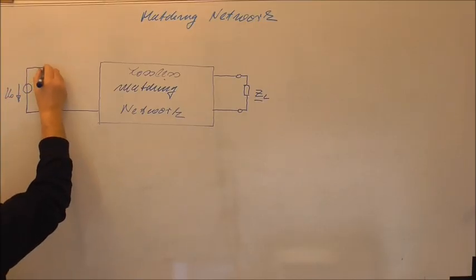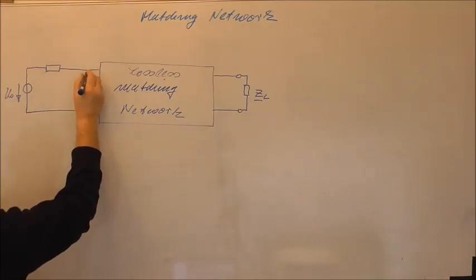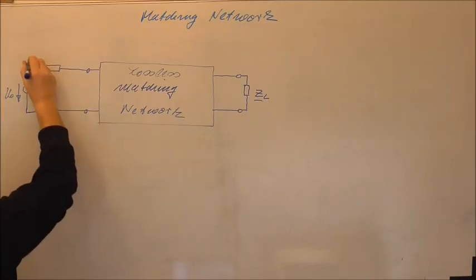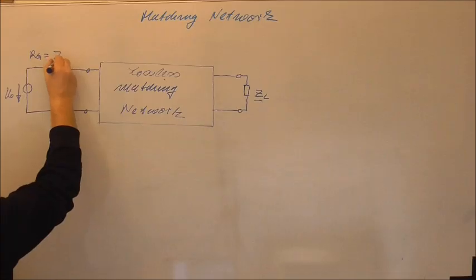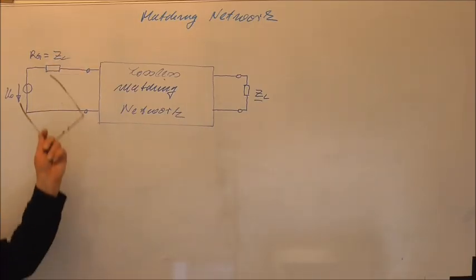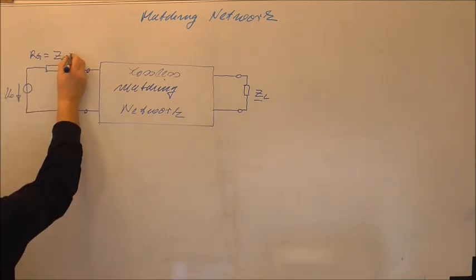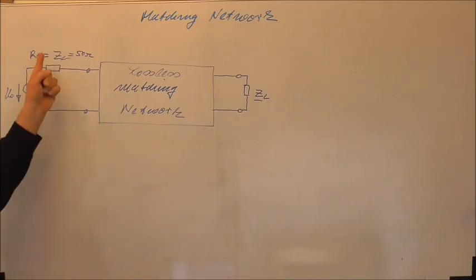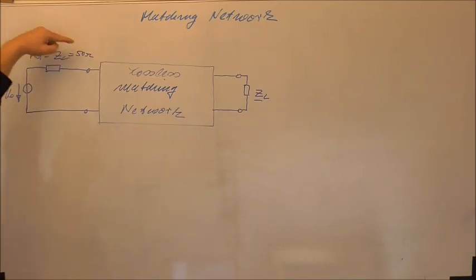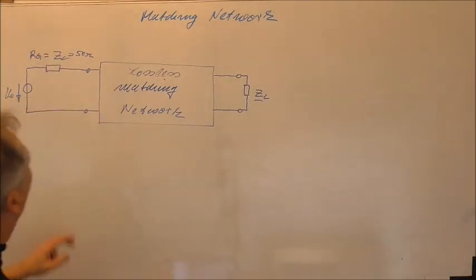And of course the generator normally will have a real generator impedance, RG, which we assume will be equal to the characteristic impedance of a transmission line, or in most cases in RF engineering this is 50 ohm. So we will now assume that we have a generator which has an internal resistance of 50 ohm, and we